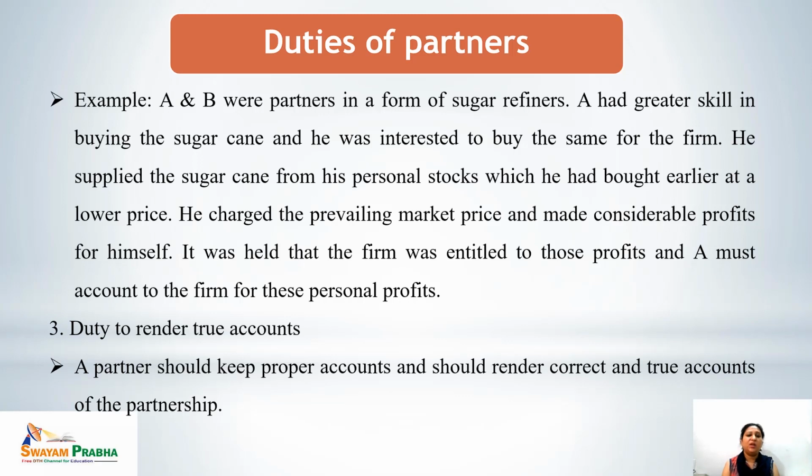Let's see the example. A and B were partners in a firm of sugar refiners. A had greater skill in buying sugar cane and he was entrusted to buy the same for the firm. He supplied the sugar cane from his personal stocks, which he had bought earlier at a lower price. He charged the prevailing market price and made considerable profits for himself. It was held that the firm was entitled to those profits and A must account to the firm for these personal profits, because it is the primemost duty of the partner to work for the advantage of the firm,